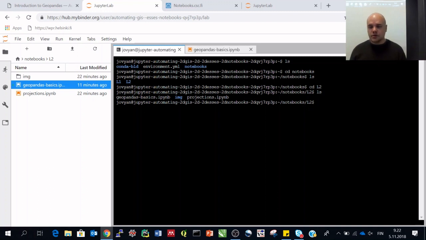So this is the directory where we want to download the data. And with the ls, it basically lists all the files inside this directory, if you were wondering what that does. But now what we want to do is that we want to